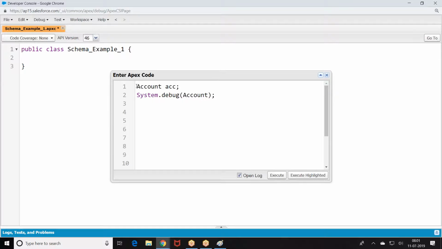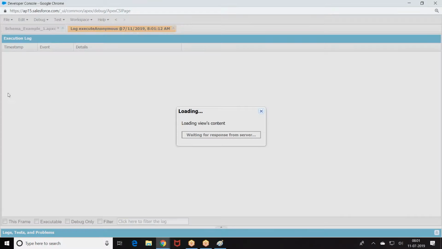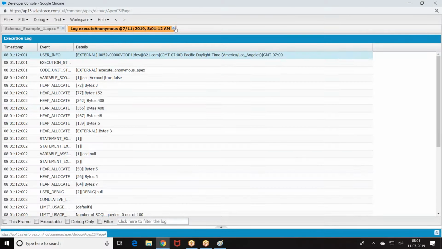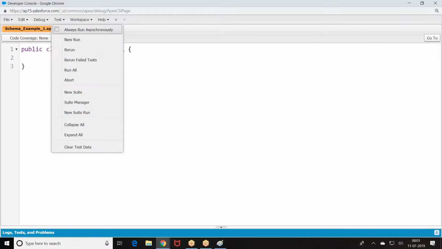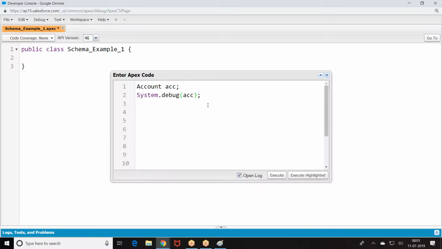It's a class, you cannot use it directly. You have to create a variable for the class and then use it. Now I am saying acc.getSObjectType. This object belongs to which type of table?